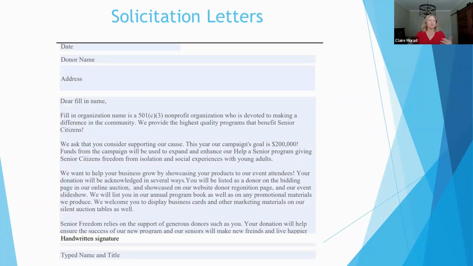We're going to showcase your business by having your logo that's linked to your website on our Giving Center. We're going to include your business card or QR code that's linked back to your business website on our silent auction table. So really think through how you're going to showcase your donors